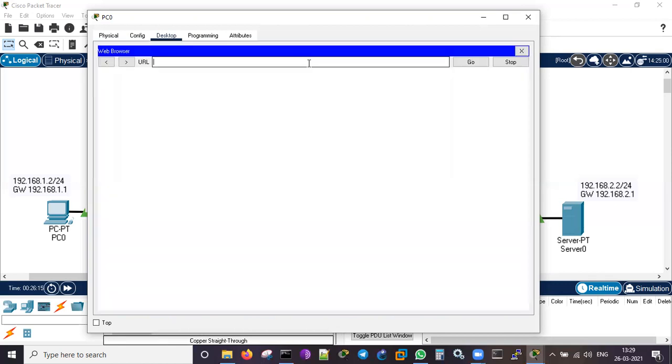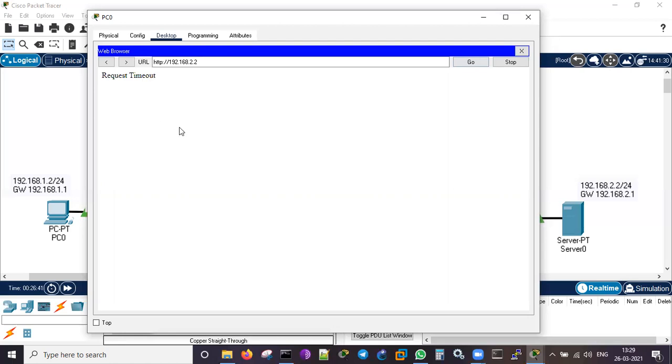Let me go to the browser. I will type http://192.168.2.2, that is the server IP. I just click go. Click go. Not going. Why is it not going? Because the Bangalore router is blocking the HTTP access towards Delhi. Let's wait for some more time because the packets try to reach there. See, now it is saying request timeout.